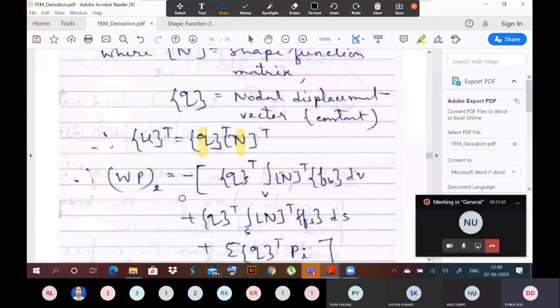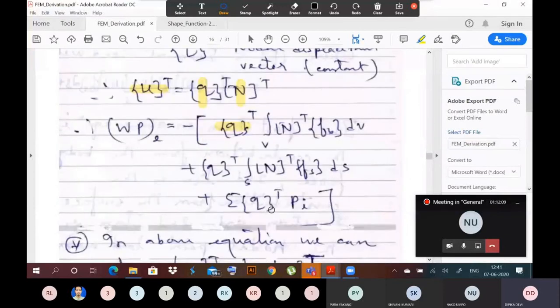So whatever corresponding displacement we will have, there will be the nodal displacement. So work potential can be now written like this. If I take Q transpose common, I have already explained this. In the above equation, we can replace U_i transpose by Q transpose, as the point load of an element will always act at the nodes. So if I take this Q transpose common, work potential will be equal to minus Q transpose into this. And these are nothing but your nodal force vector.